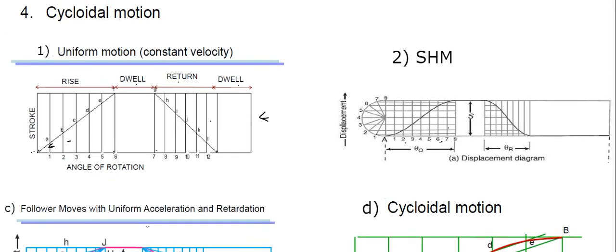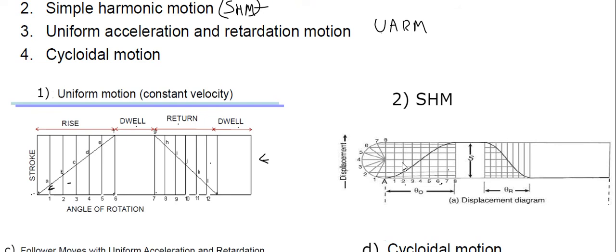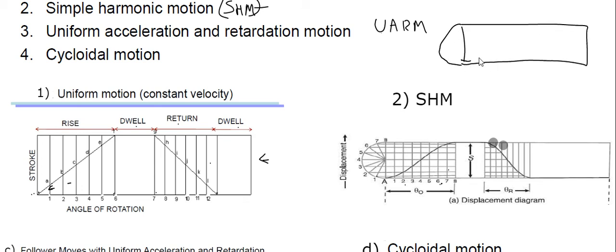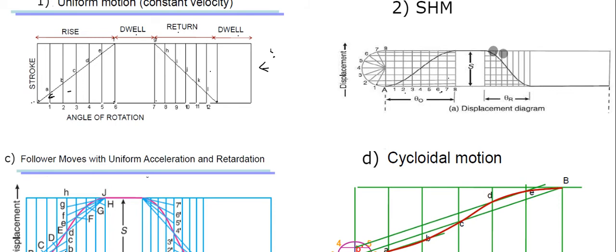In most cases, the outstroke may be of simple harmonic motion and the return stroke may be of a different type of motion. So you should know all of this to draw the displacement diagram. Sometimes you will get a diagram like this. That is the outstroke, that is the rise, which may be of simple harmonic motion, that you can draw with the semicircular method. And then a dwell, then the return stroke may be of this type, uniform motion. So if you know how to draw all of this, then you can apply that method to the return stroke and outstroke accordingly, or the other way around. So combinations are also there.